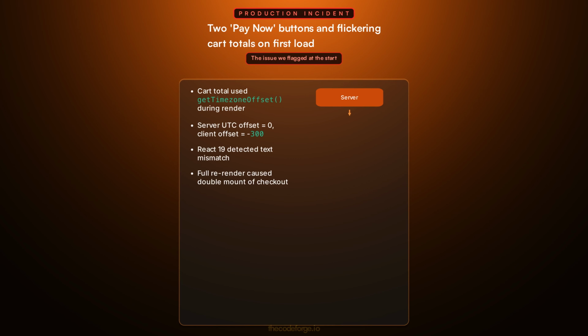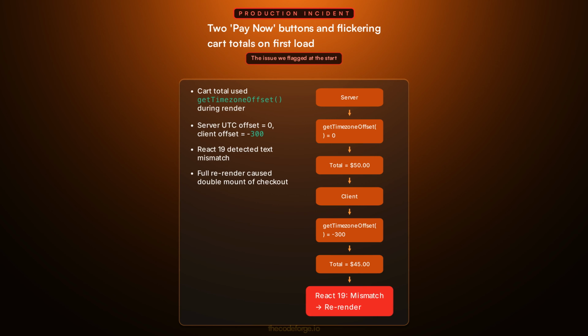This is the same issue we highlighted at the start. Here's exactly why that happened. The cart total component called new Date().getTimezoneOffset() during render. On the server in UTC, the offset was 0, producing one total. On the client in a time zone like UTC-5, the offset was -300, producing a different total. React 19's strict hydration check saw the text content didn't match and triggered a full client-side re-render. That re-render mounted the checkout component twice due to a race condition with state hydration, resulting in 2 Pay Now